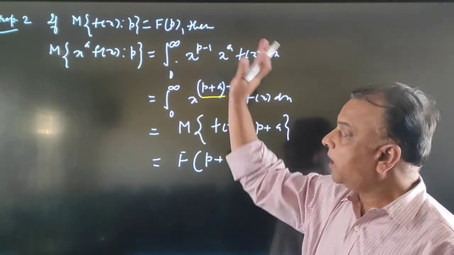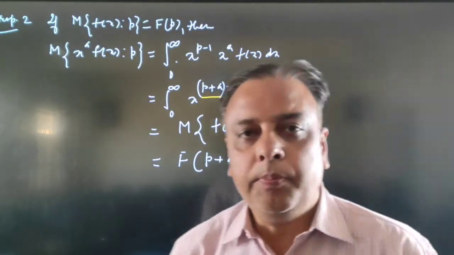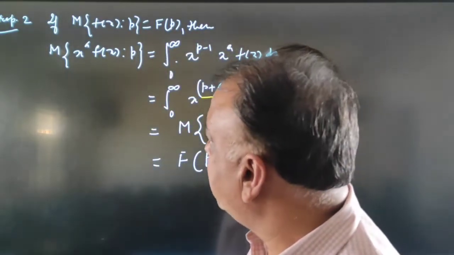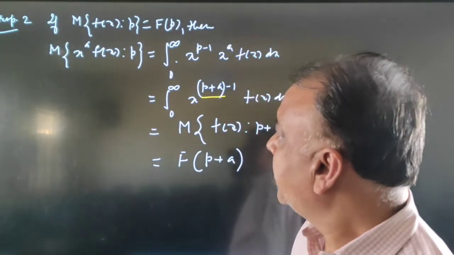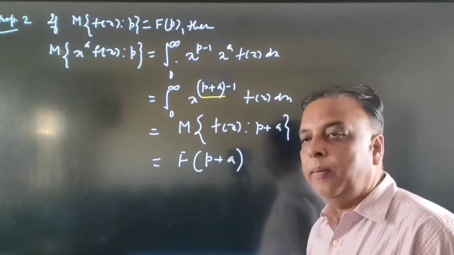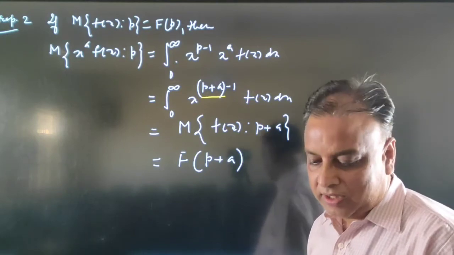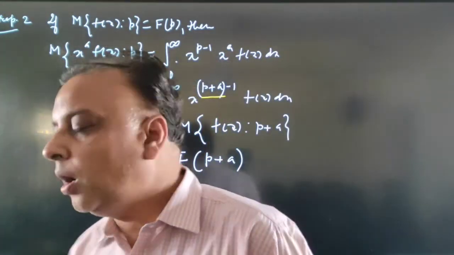So if the Mellin transform of the function f(x) is equal to F(p), then the Mellin transform of the function x raised to a, f(x), is equal to F(p plus a). This is the second property of the Mellin transform. Third property,